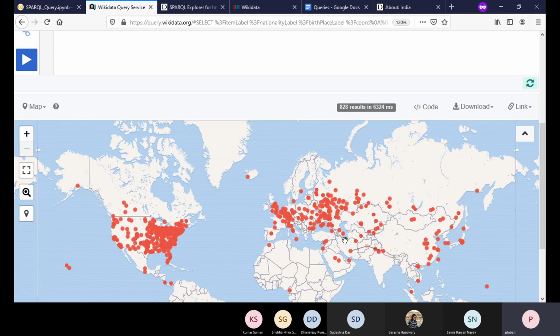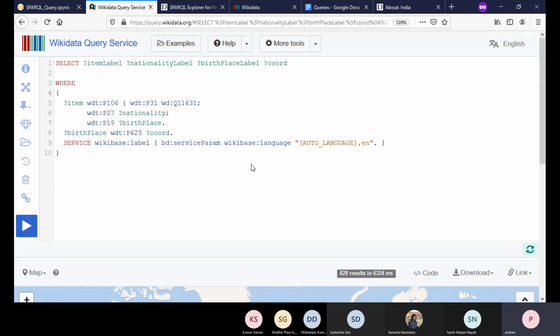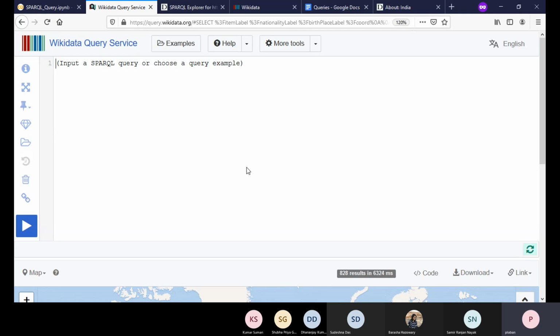one astronaut, right? So you can see the different astronauts and their different properties, right? So you can see you can do many more things. So I guess I'll be stopping by showing you another query in Wikidata. Let us execute this anyway. So I guess you can execute this query in Wikidata. So let us write the last query for this tutorial.